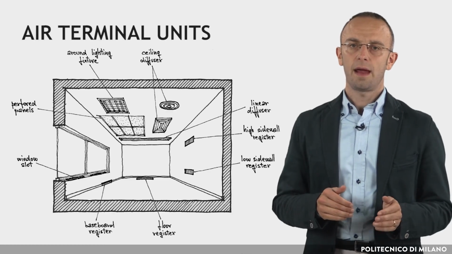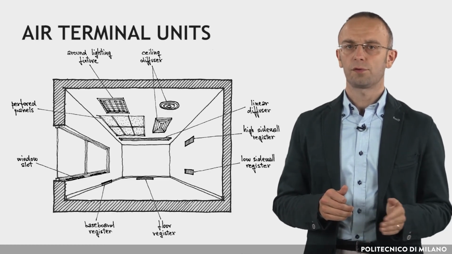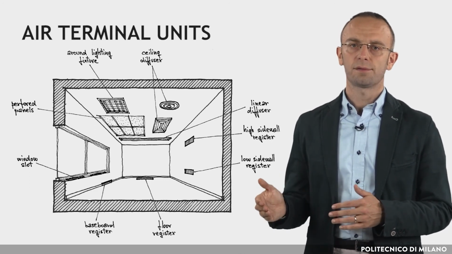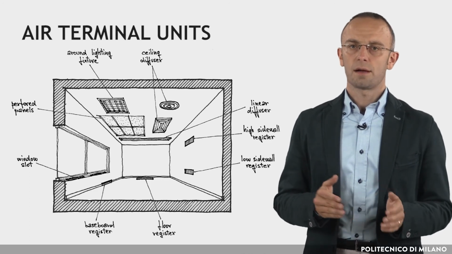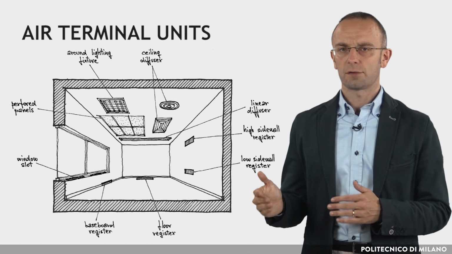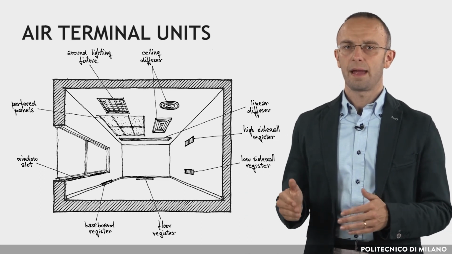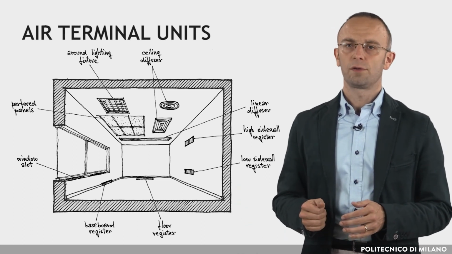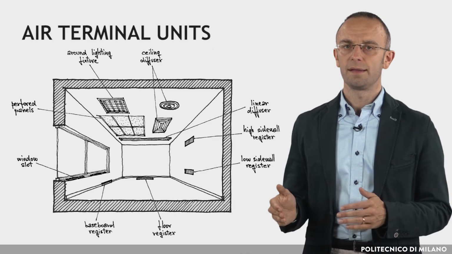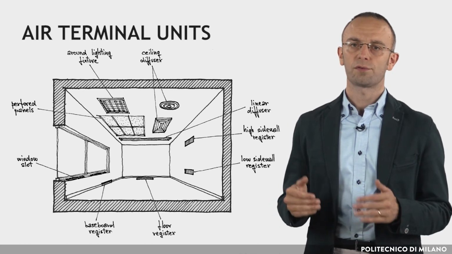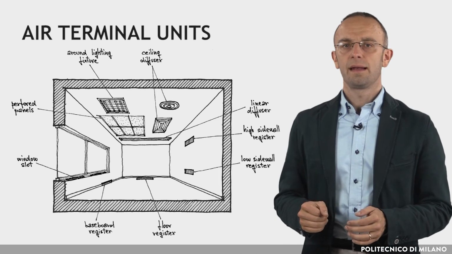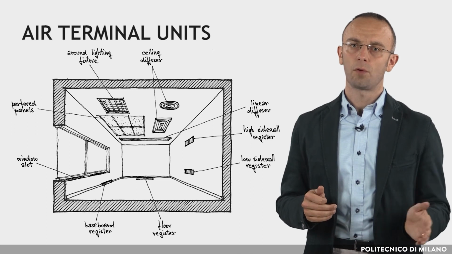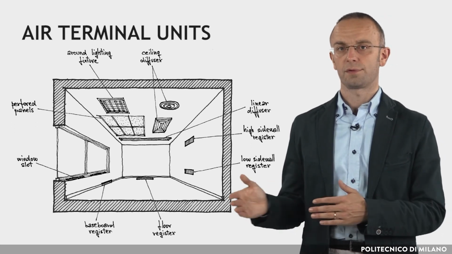In air systems, air is typically supplied to zones through ducts that terminate with different types of registers, grills or diffusers. Such air terminal units can be placed in different parts of the room. The position of supply air outlets affects the comfort level for occupants. It has to ensure that the airstream circulates homogeneously in each space without striking people directly. Inlet and outlet air terminals should also be placed taking into account the most economic and easiest routes for ducts.